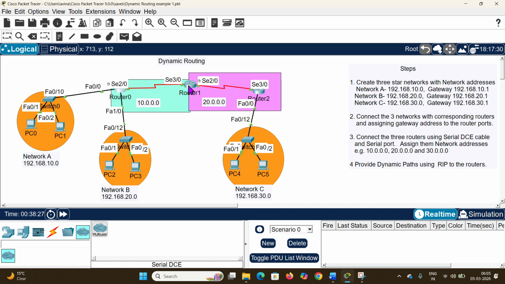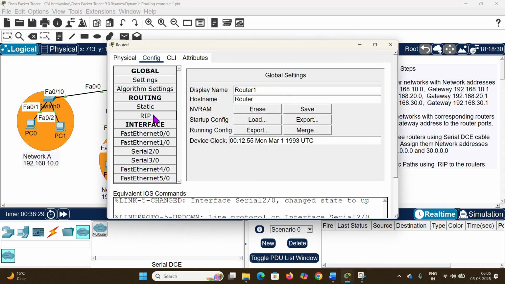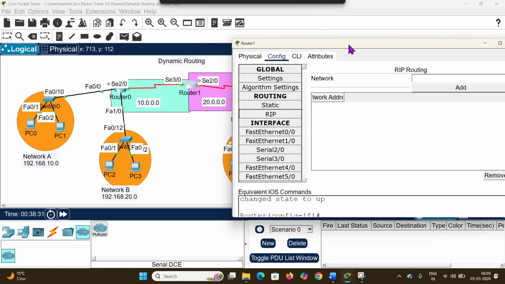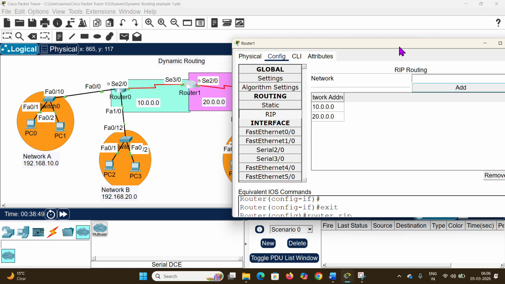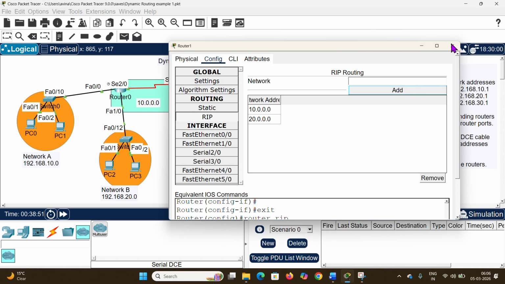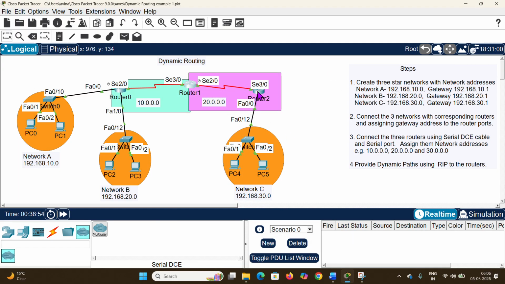Now go to router 1, RIP, Routing Information Protocol. We can see there are two directly connected networks. So I write here 10.0.0.0, add, then write here 20.0.0.0 and add. Okay, close this. Now go to router 2,